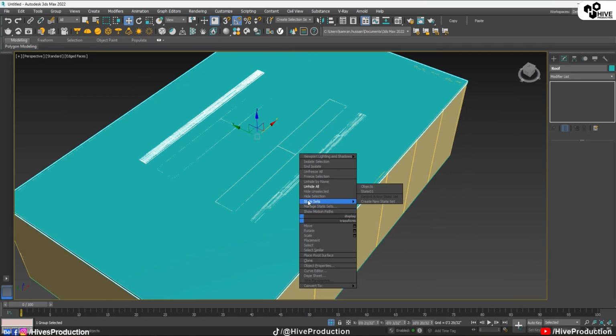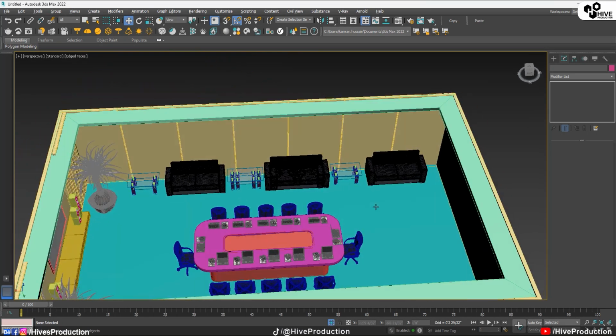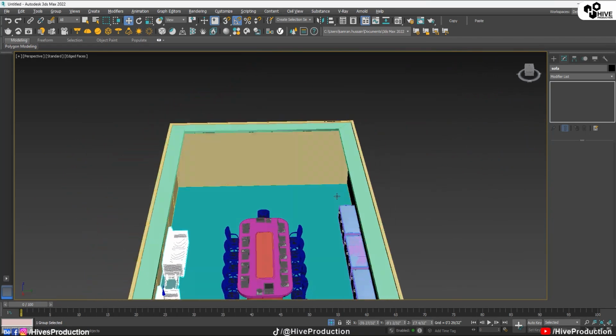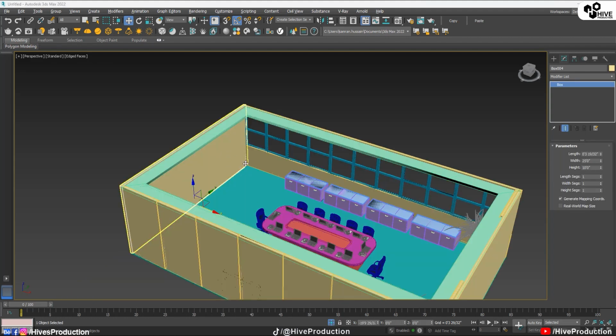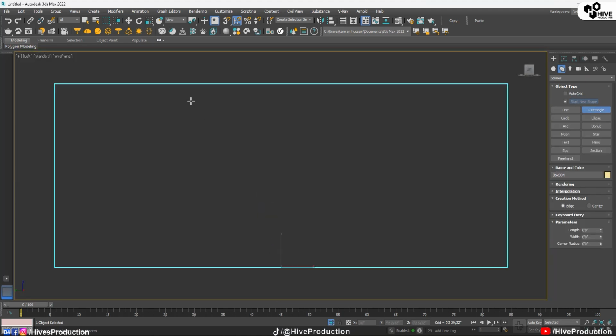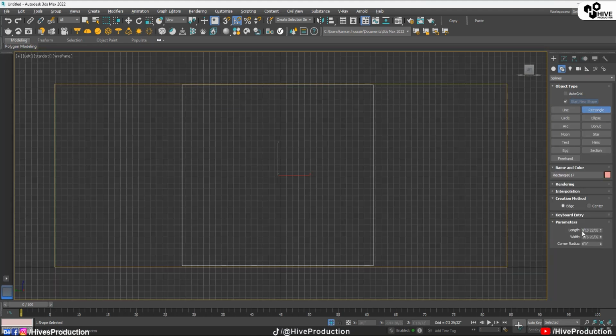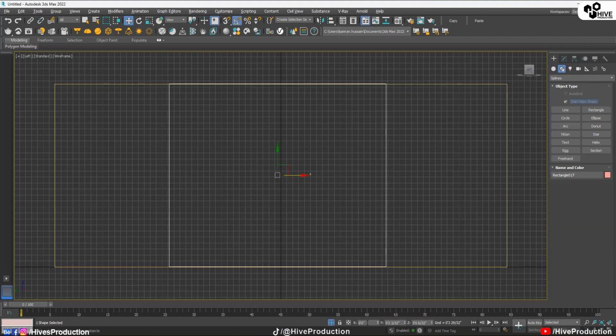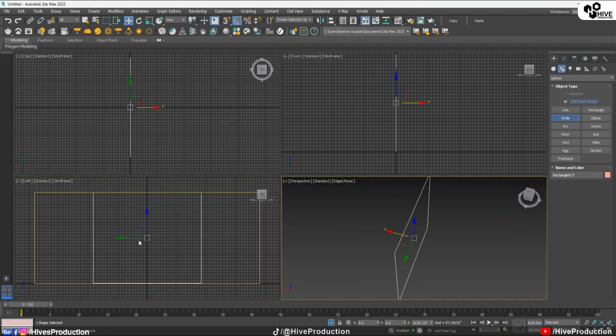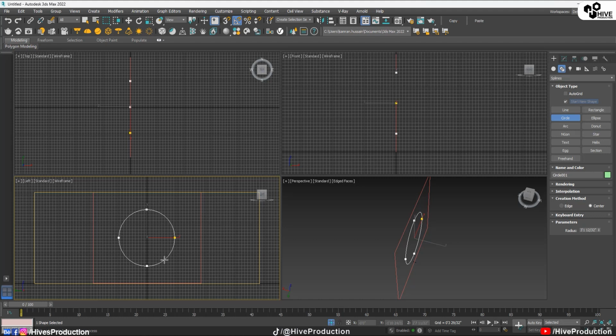Again, we need to hide this rooftop so we can see inside of it. Now we'll talk about this wall. So I'm gonna isolate this wall, take the rectangle, and I will draw a rectangle from the left viewport in the center, which is approximate 12 feet, and height has to be the same, 10 feet. Okay, so inside of it I'm going to draw a rectangle circle. It's kind of a decorative wall, so I'm going to place this circle here,